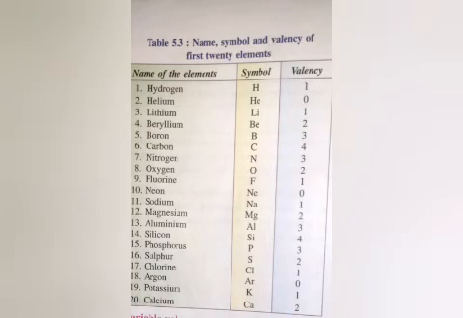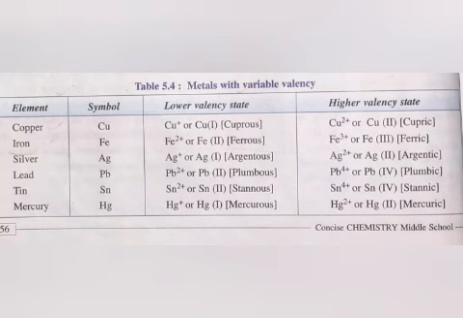It is found that the valency of elements increases from 1 to 4 and then again decreases from 4 to 1 at intervals. For example, inert gases like helium, neon and argon have a combining capacity of 0. Their valency is 0 because they are inert in nature. Their octet is complete. Variable valencies. Certain elements exhibit more than one valency. That means they show variable valency.